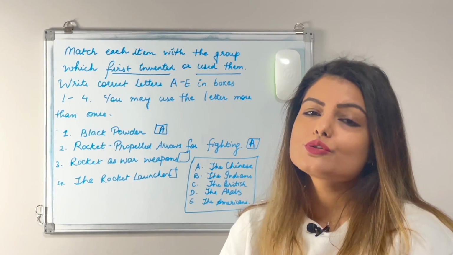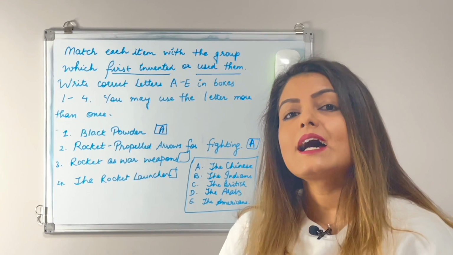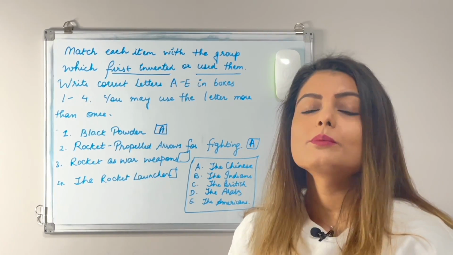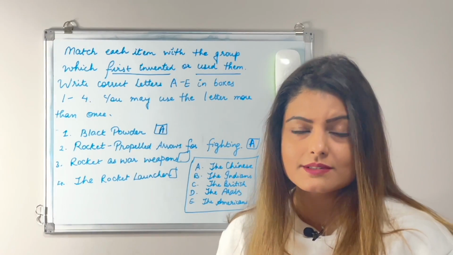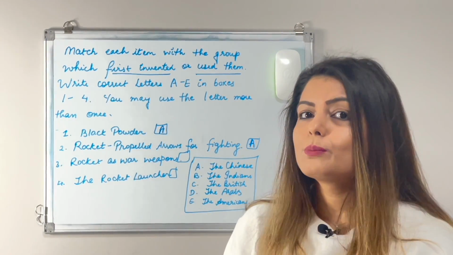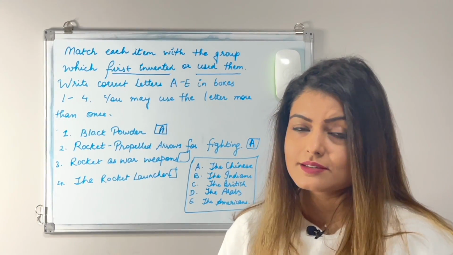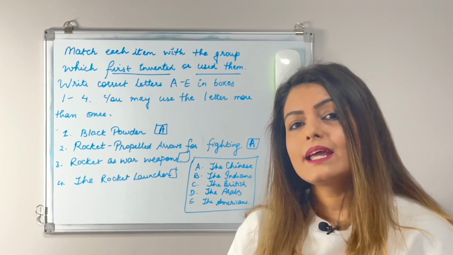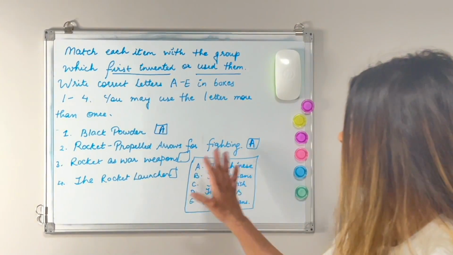Now if you go through the text, in the second paragraph, the first line says that in the 18th century, Europeans became very much interested in using rocket as a war weapons. But I know this is confusing, and a lot of you might think that the Europeans is the correct answer, but it is not the correct answer. Reason being, A, that you will find out if you keep reading the text, and B, there is no option